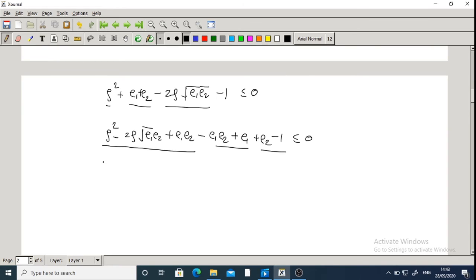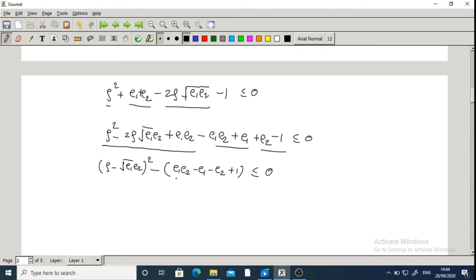This is the perfect square of (rho minus square root of E1 E2) bracket square. If I take minus sign common, what is remaining? E1 E2 minus E1 minus E2 plus 1. This term is less than or equal to 0. Then